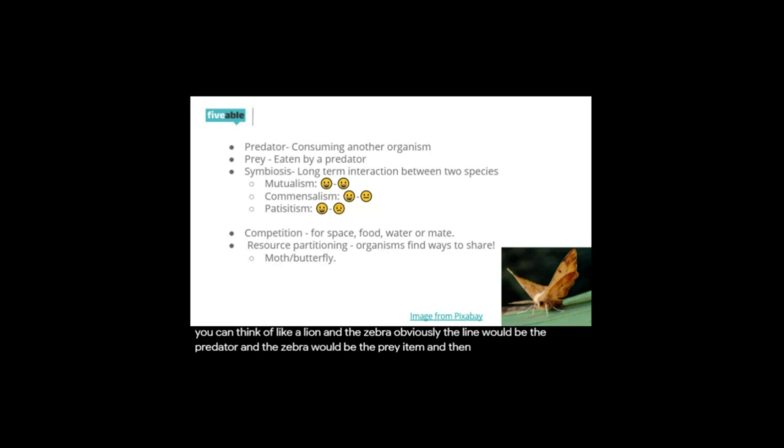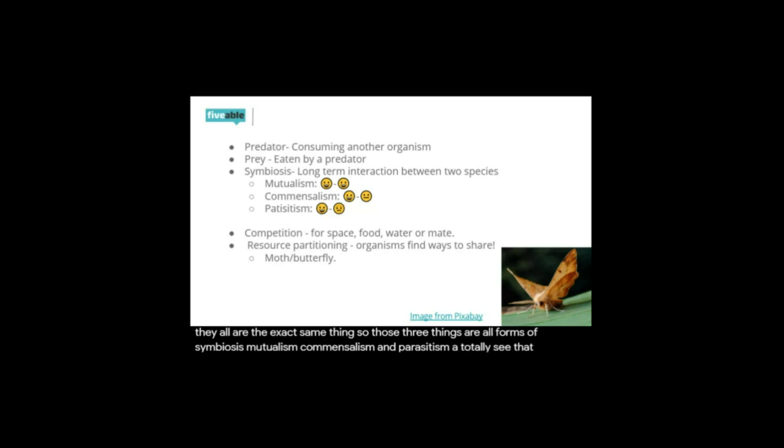And then under symbiosis, these are some more complicated terms that we don't use in everyday life. So it's a little bit more tricky to remember exactly what each one means. And I think the emoji strategy here is really best as far as helping you to remember what each term means and how they're different from each other, because when you first look at it, it kind of sounds like they all are the exact same thing. So those three things are all forms of symbiosis: mutualism, commensalism, and parasitism.